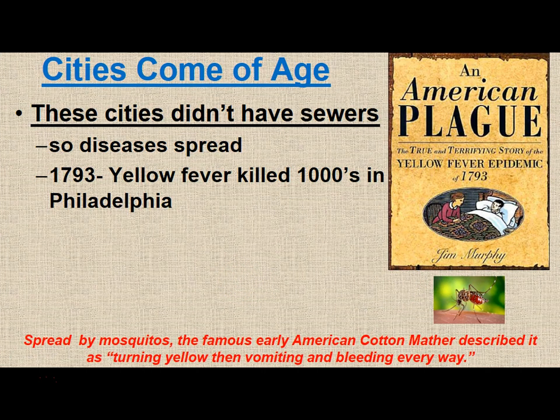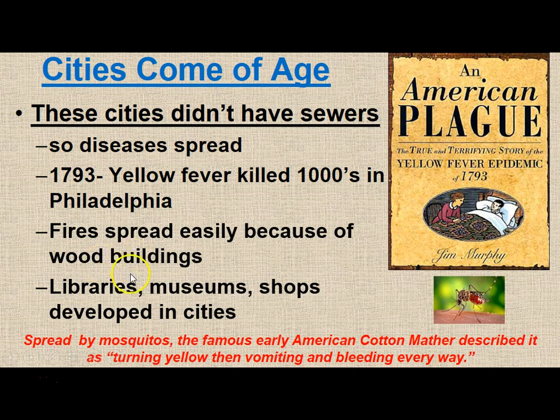The cities have problems though. They're growing kind of haphazardly. They don't have sewers because of the massive population growth. We have disease epidemics that are significant. Yellow fever is one of the biggest ones. In 1793, there was a massive one in Philadelphia, and throughout the late 18th century and early 19th century, there are massive ones that pop up all over the country in the South and in the West, killing thousands of people. Fires spread pretty easily in many of these towns because they're built out of wood, and there are no safety codes at all in this particular time period.